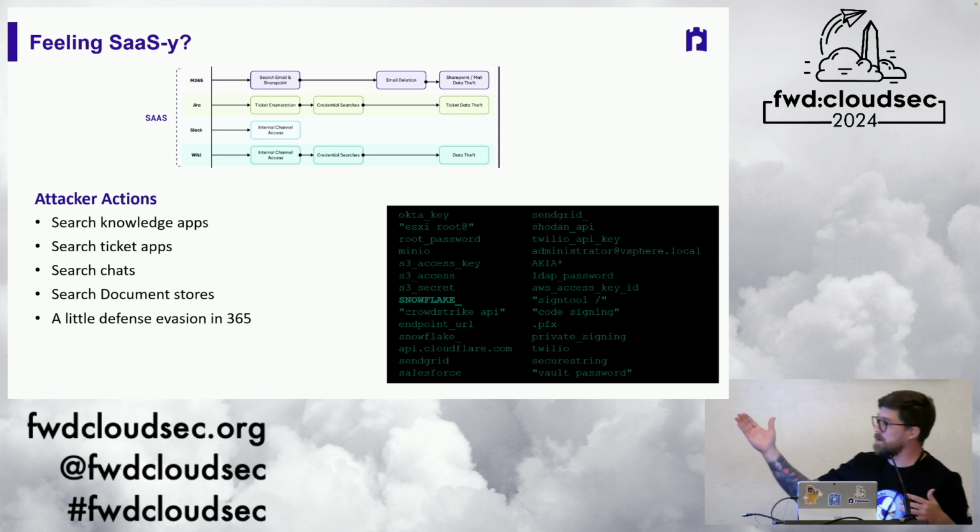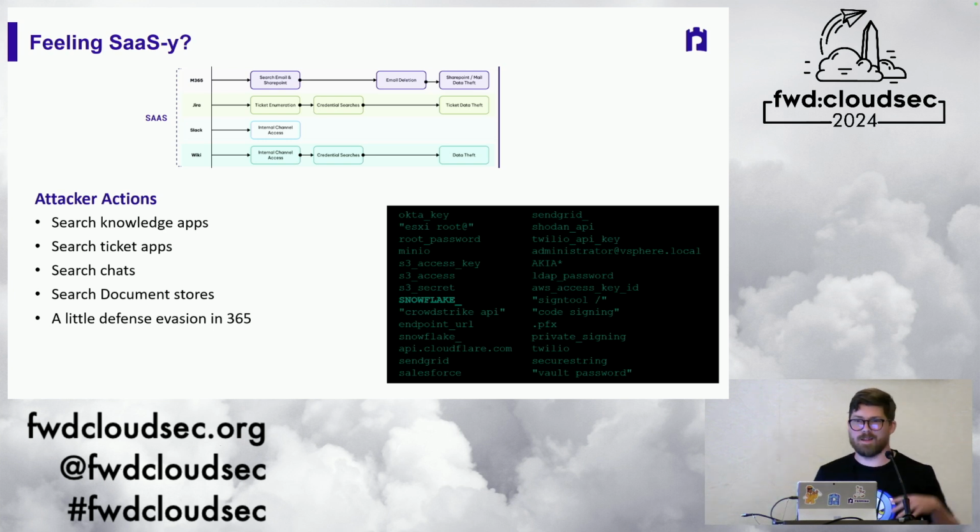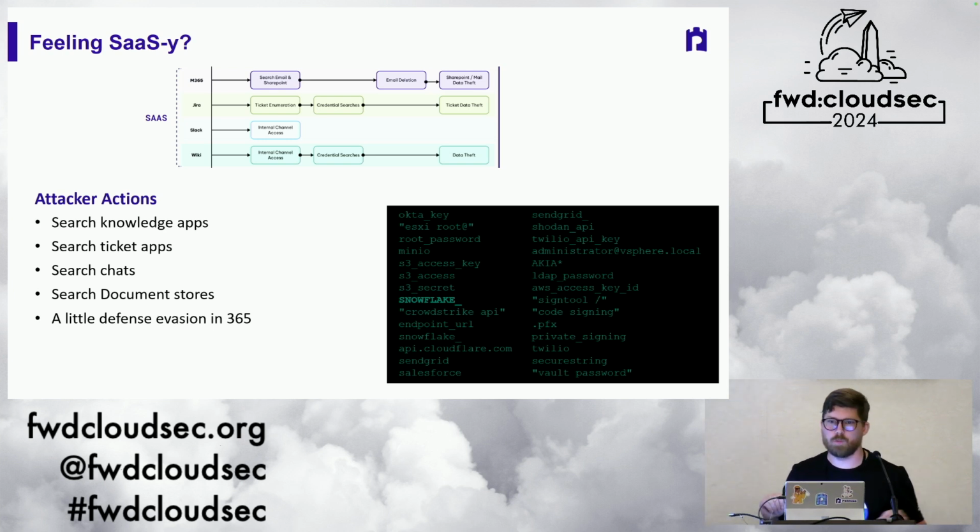These are Scattered Spider search terms. Not just one environment, this is multiple environments I've seen these search terms done by them. I highlighted one there for Snowflake to give you an idea that they also like to go after that data. A quick plug, we did release a tool called Yeti Hunter. Thank you, Bleon, somewhere in the crowd, for getting that done super quick, for hunting through Snowflake data if you're in a situation where you're worried about that recent Snowflake attack. So it's an open source tool to go look at that. But yeah, just take a look at some of those terms there.